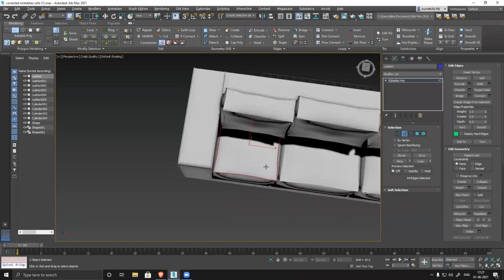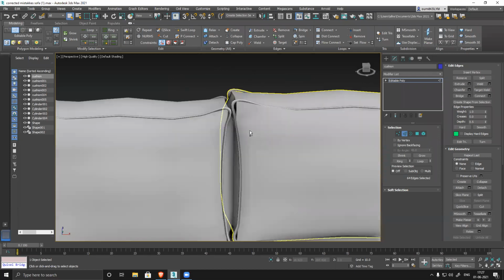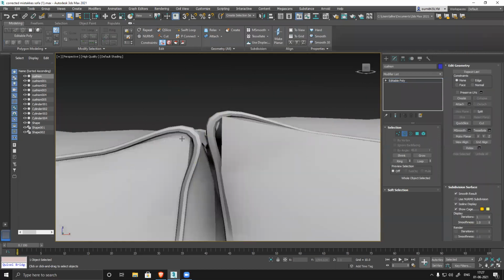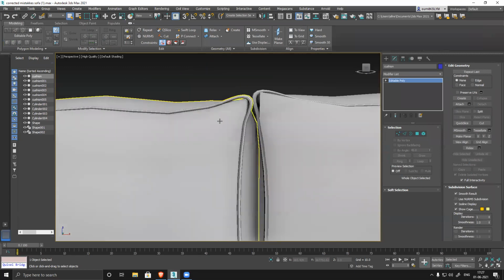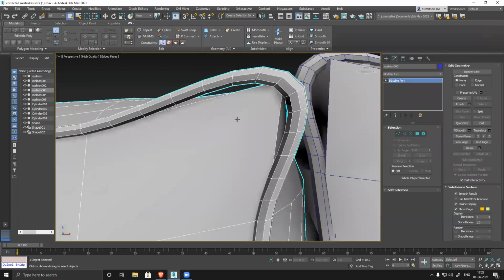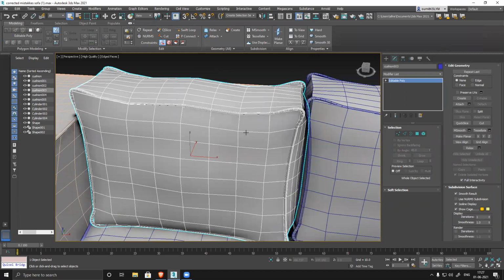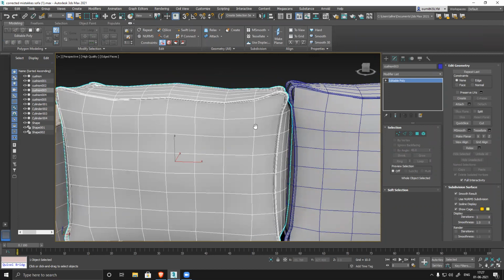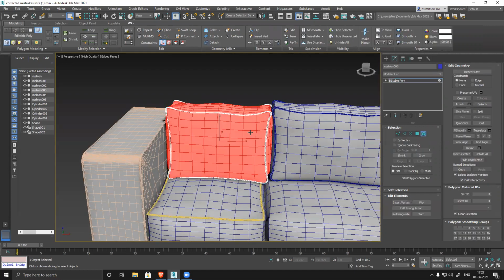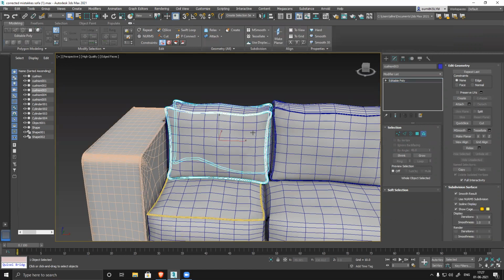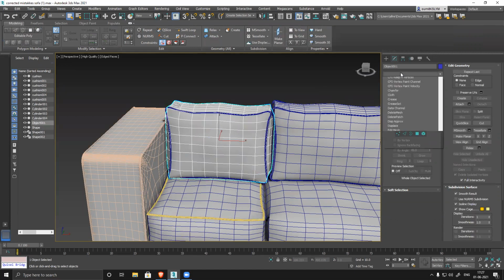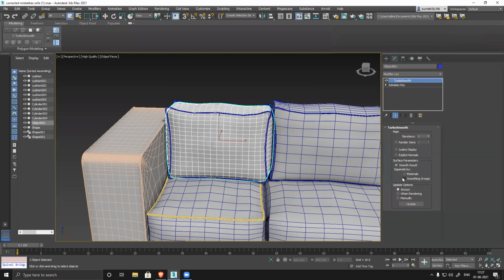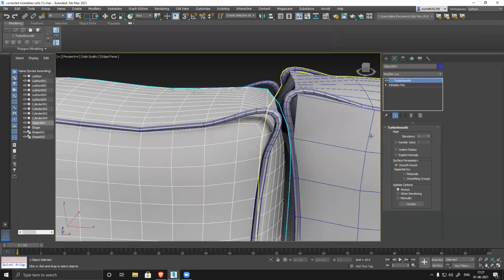So either you do this, or if you want to keep it like this, then you have to modify this shape. And this shape clearly doesn't have enough polygons. So select this one, detach it, separate, select, and apply a turbo smooth, so it will become a little smooth.